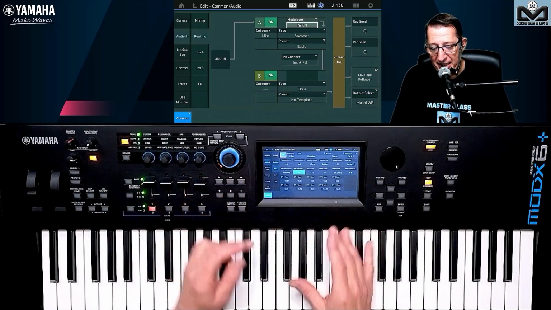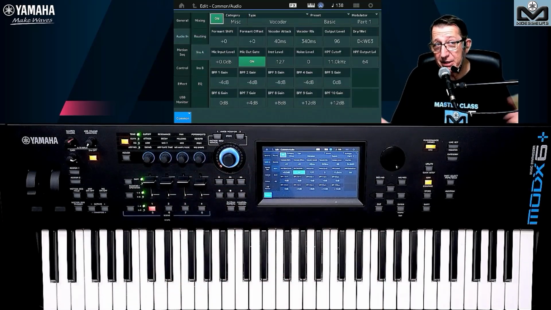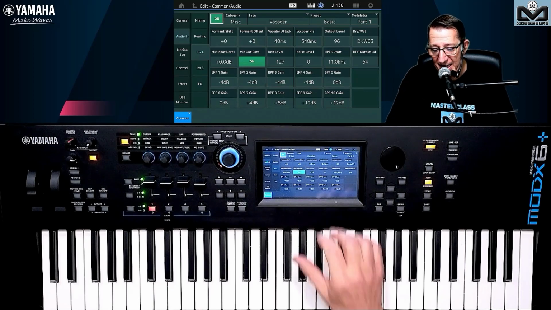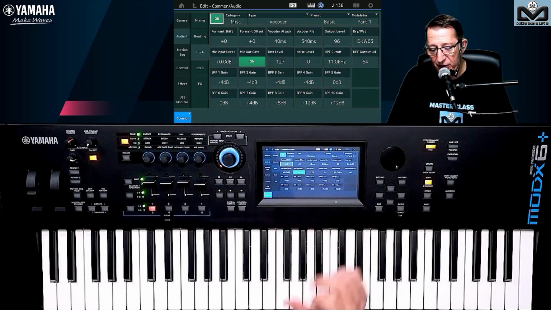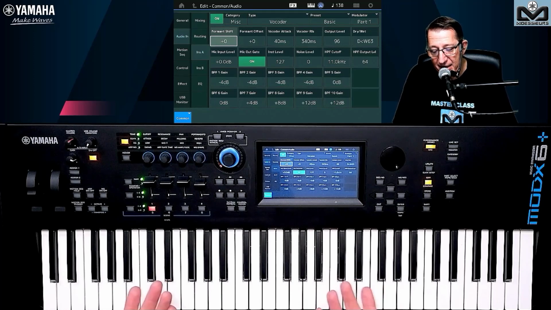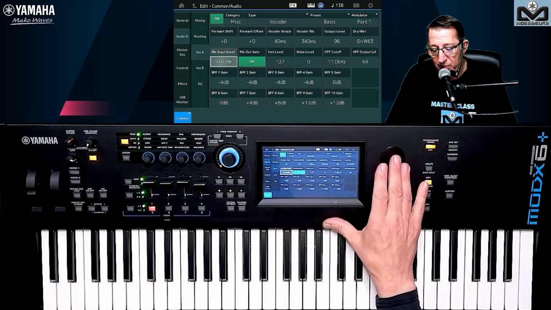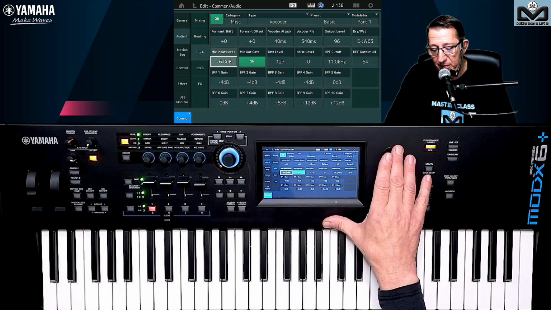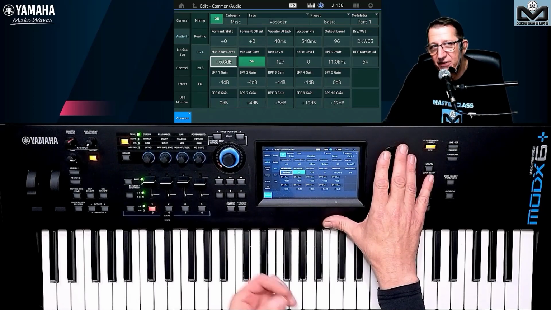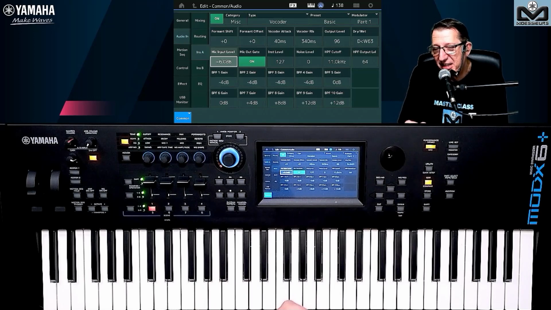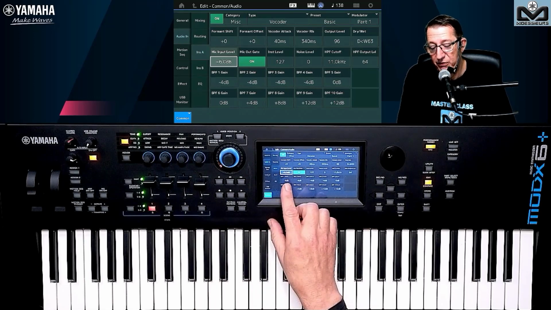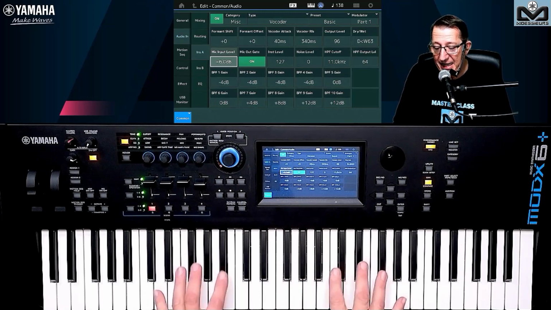So let's try to edit the vocoder a little bit and I can explain some settings like this. Here we have the formant shift. The formant shift is the tune of what can happen to the vocoder. So I can improve my microphone level here because you hear this is not like this, with these special settings, which is not a vocoder. I need to improve the level of this and you hear I need to play.